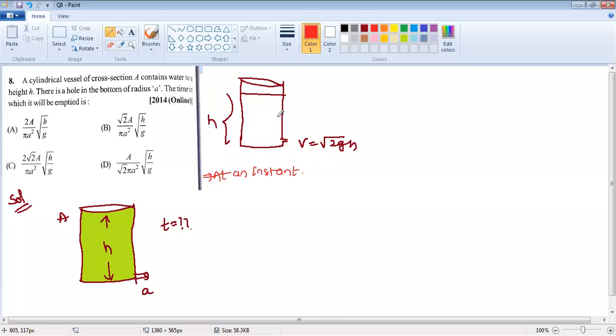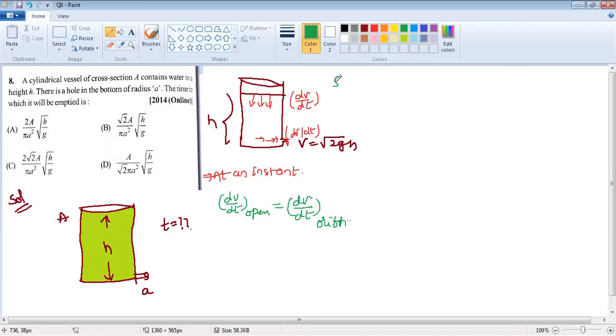Okay, I'm telling again. This is at an instant. At an instant, in the sense, as the fluid falls, the free surface is falling downwards while the fluid is coming out this side. So by using the equation of continuity, with what volume? This is dV by dt at this free surface. It should be equal to dV by dt at this orifice. Now what do you have to write here? Then dV by dt at the open top should be equal to dV by dt at the orifice.